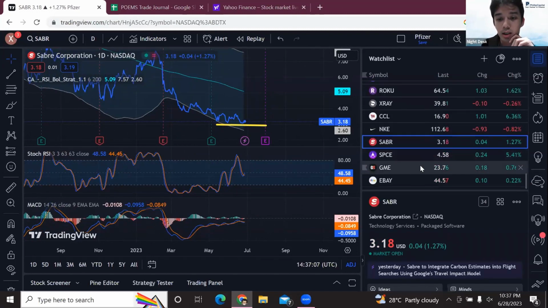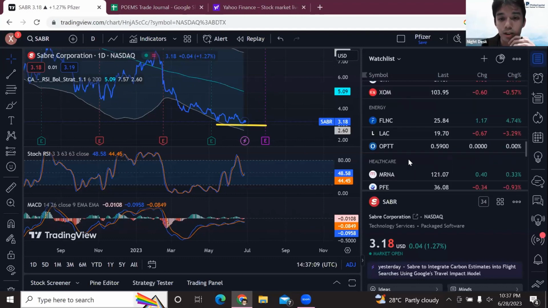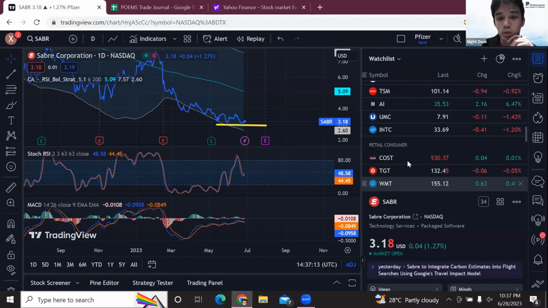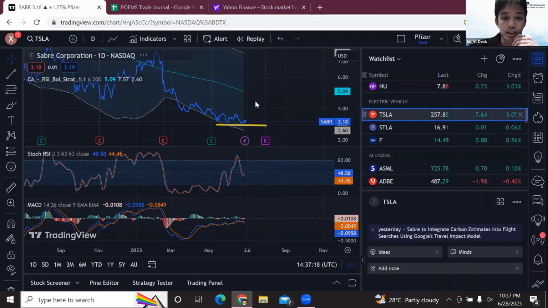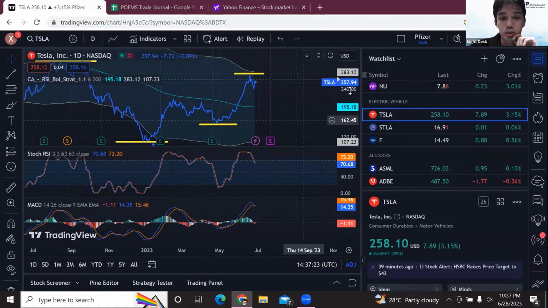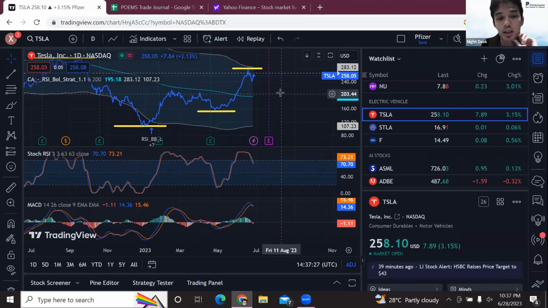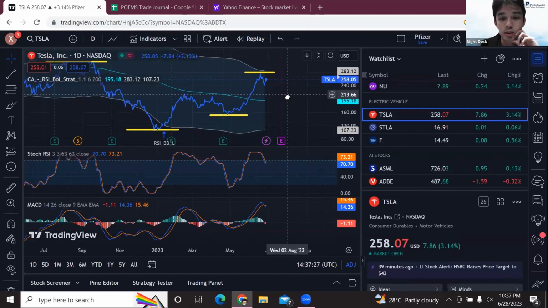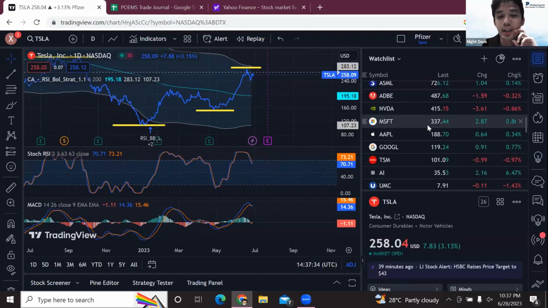So let us take a look. I actually sorted all these into different sectors just to compare how all of them are doing. Tesla is still doing good. So I think someone asked about Tesla earlier. Tesla is still doing very well. Went up about $7 plus, whatever they made in the pre-market. So I would say generally the AI rally is still there. I'm not sure when it will be coming down. So why not ride the wave, right?